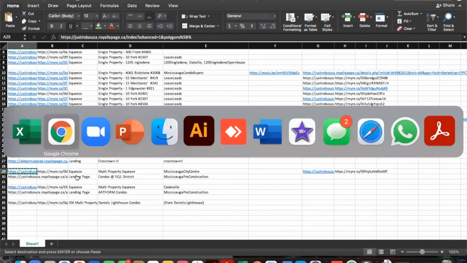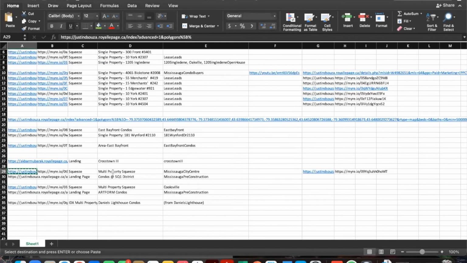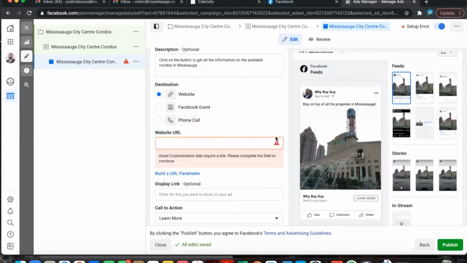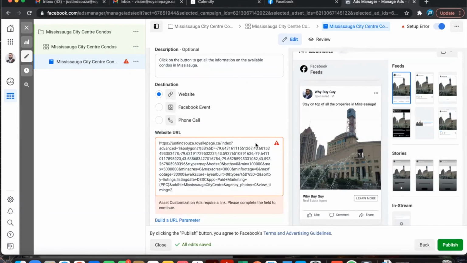I'm going to copy this link. And remember, I told you that for advertising purposes, we should be using the large link. If we're sending the link out to our friends and family or through an email, we use the short link. So you're going to put the long link in here,